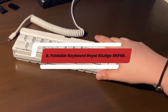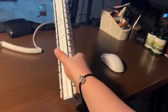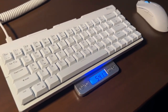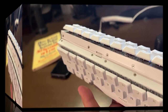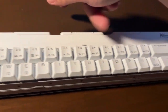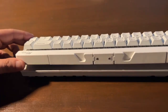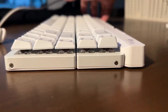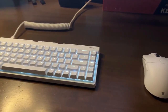8. Foldable Keyboard Royal Kludge RKF68. The Royal Kludge RKF68 foldable keyboard is a versatile and innovative solution for on-the-go typists and gamers alike. This compact keyboard features a unique folding design, making it incredibly portable and easy to store in a bag or backpack. Weighing in at just a few ounces, it's perfect for travel, whether you're heading to a coffee shop, office,